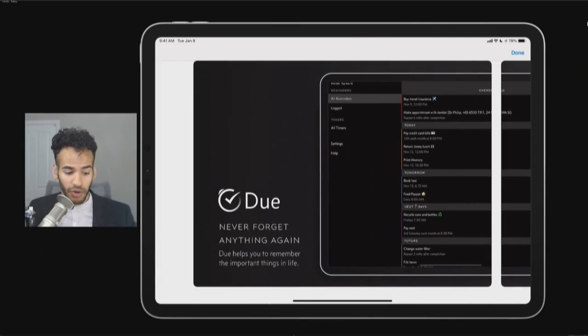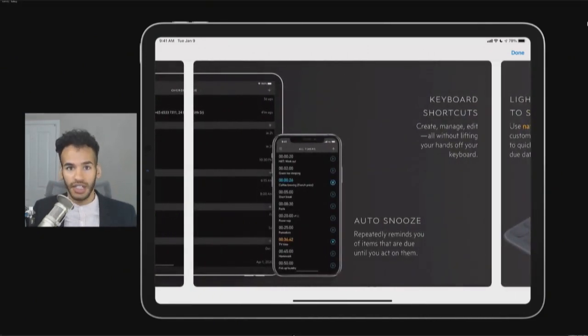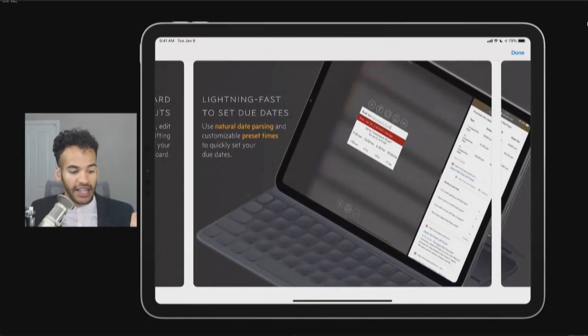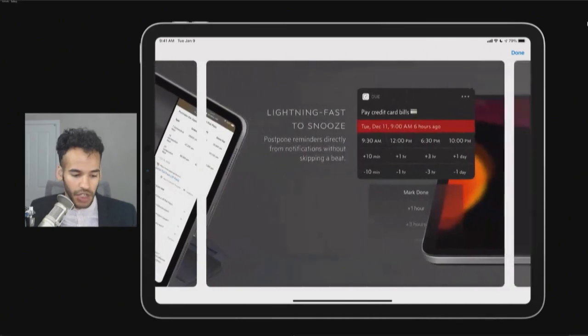You can set them up so they repeat every 2 months, for example, like the water filter. That's a big one. If you've got reverse osmosis water filtration, you need to replace those filters as often as they're supposed to be. There are some cool features too for timers. There are some built-in timers for brewing coffee, brewing tea, for how long that usually takes. Want to take a power nap, you can easily get to that. And it's also one of those plain language systems where I can say, remind me tomorrow at this time to do blank. And it sort of takes that, parses it, and figures out what you actually mean by it.